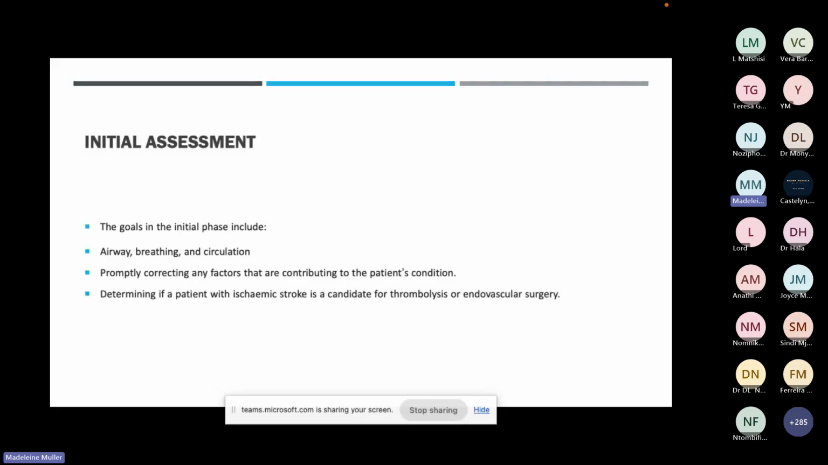So the initial phase of assessing a patient with a stroke includes addressing airway, breathing, and circulation, promptly correcting any factors that are contributing to the patient's condition, and also determining